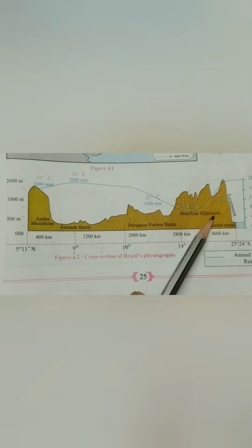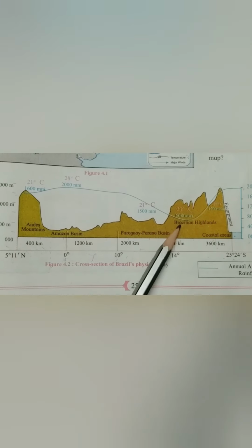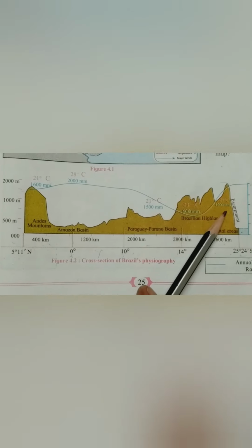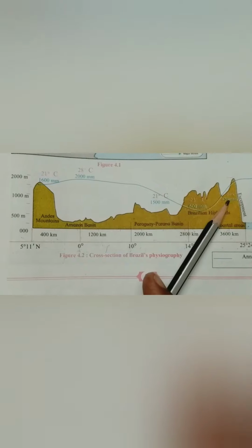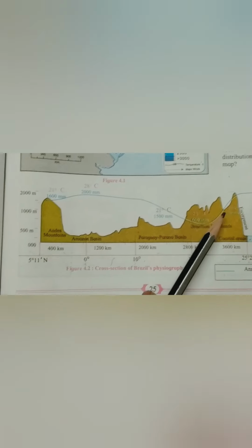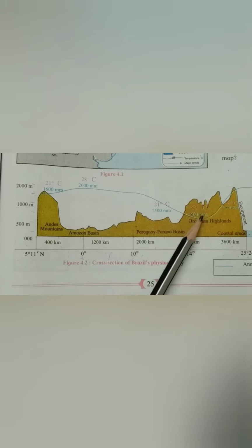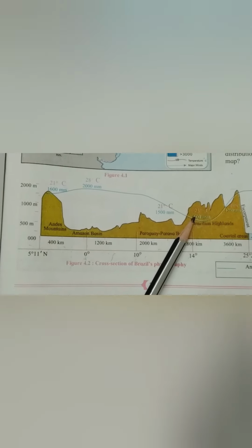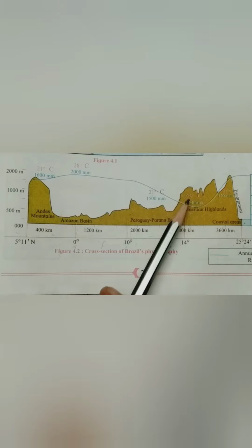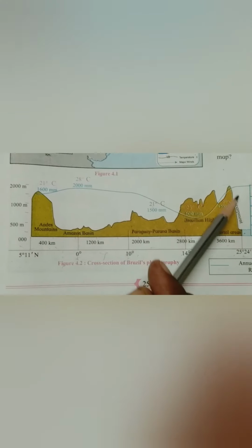This is the Brazilian Highland. This is the coastal region. Now we are moving towards the Brazilian Highland. In the coastal region, you can see 1200 mm of rainfall, and the temperature over there is 27 degrees Celsius. As you move towards the Brazilian Highland, the height starts reducing, and the rainfall also starts reducing. The temperature becomes cooler over here. As you go upward, it is cooler, 23 degrees Celsius, and rainfall gets reduced because the trade wind gives heavy